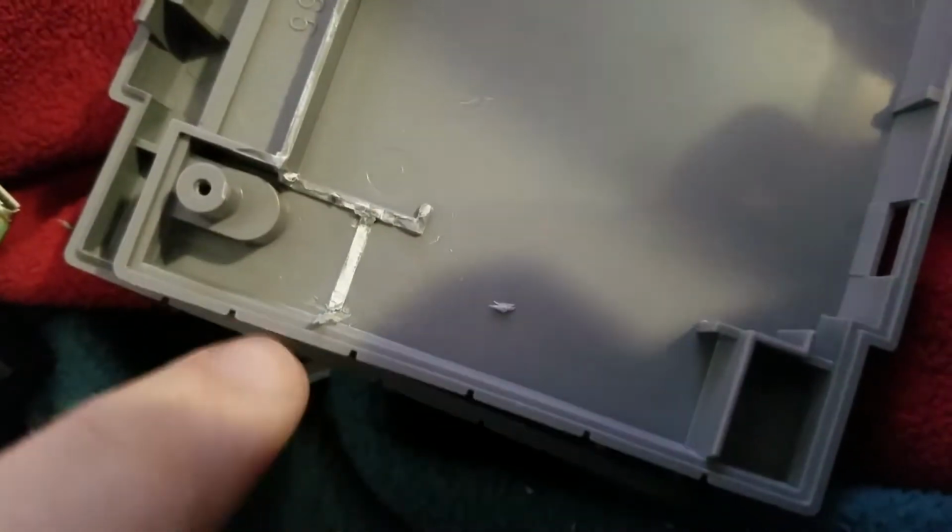Okay, we're back with the modifications. Like I said, I needed to remove that fake screw post. It's just a post that normally would go through the middle of the board, as had structural integrity. I had to cut the plastic out that would normally hold the side of the end here. I didn't use a Dremel. I just used my side cutters. I could use a Dremel to flatten it out, but it's not like anyone's ever going to see the inside of this but me. And it doesn't have to be super flat because the way the cartridge rests in here, it's not going to be touching the remnants that are here. Just a little bit of there. So yeah,